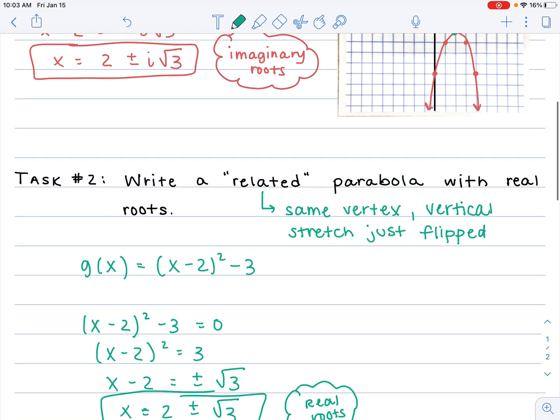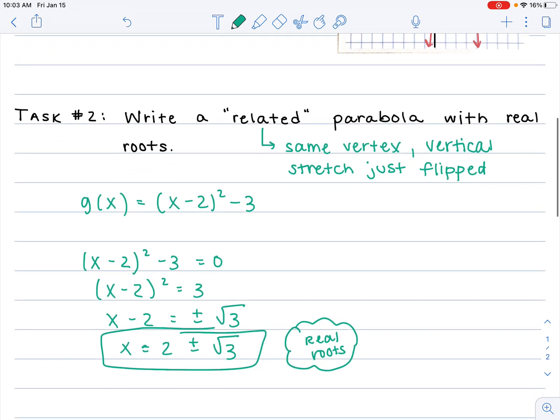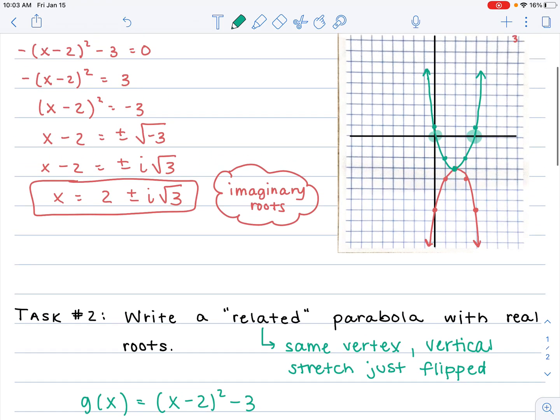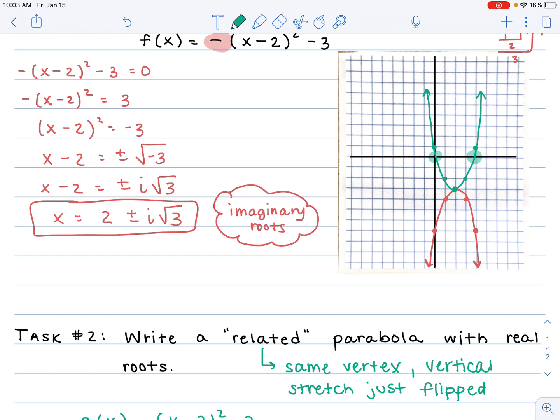Now look at those two solutions there, guys. They're the exact same. The only difference is one has an i. So if you want to, you can take any problem that has imaginary roots and actually see graphically